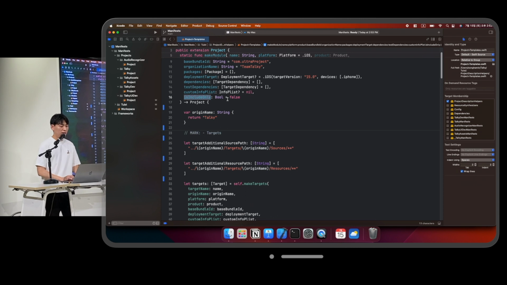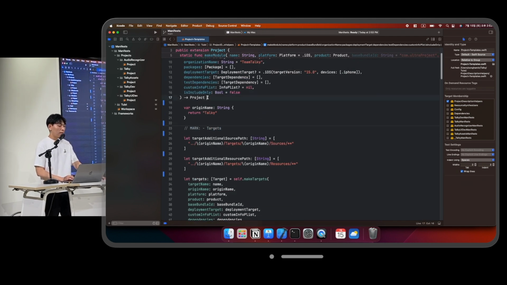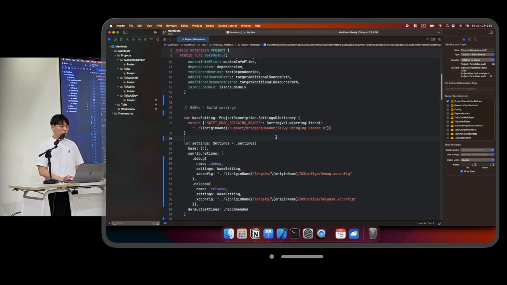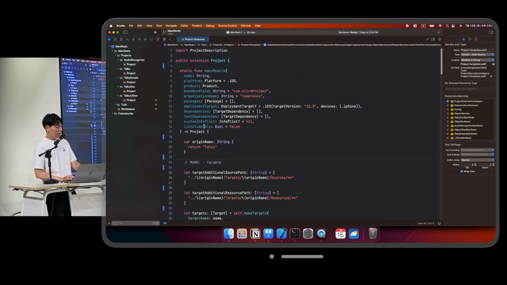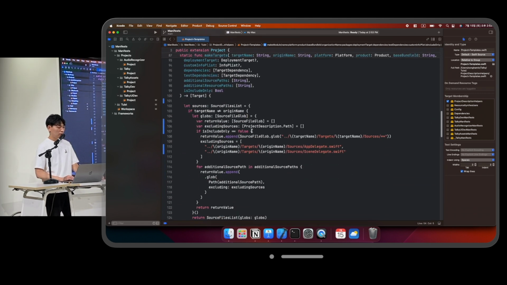Here, makeModule has an isIncludeOnly option. It's Boolean type, and the default is false. It's too long to explain all of these things, but the important one is the isIncludeOnly option, which handles the way the project is created. Like